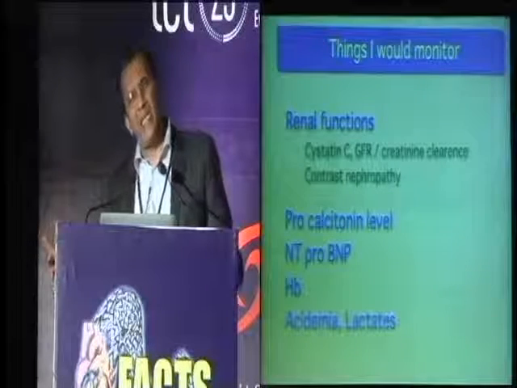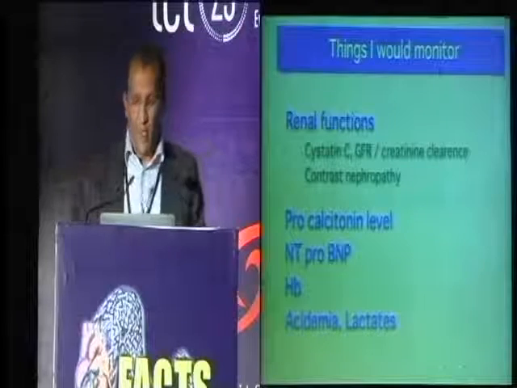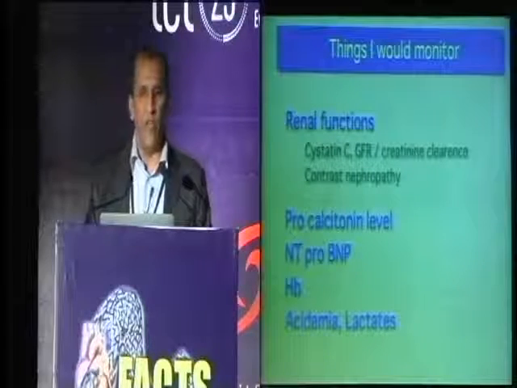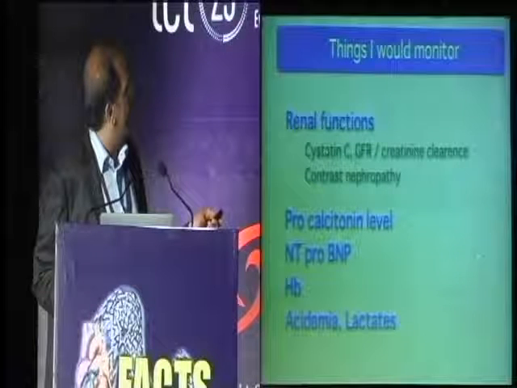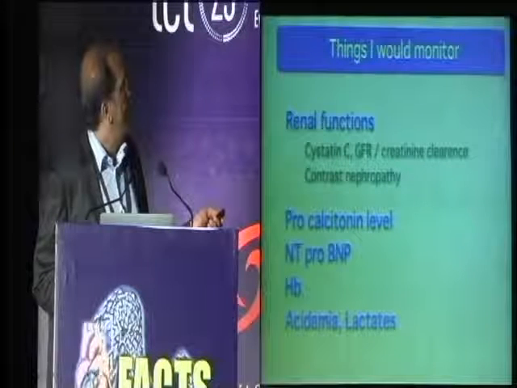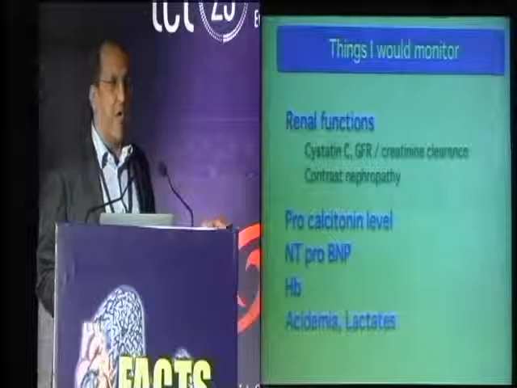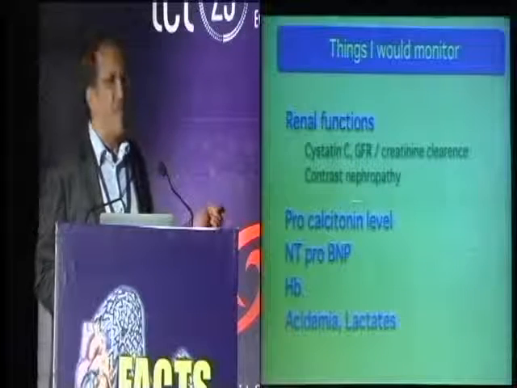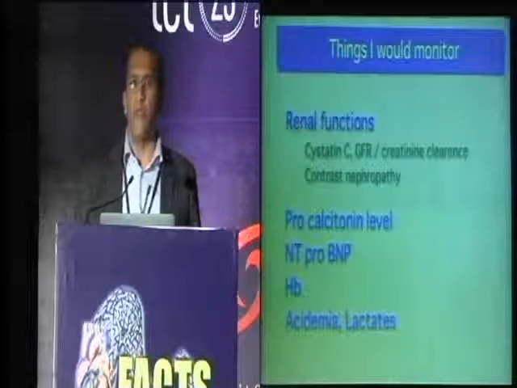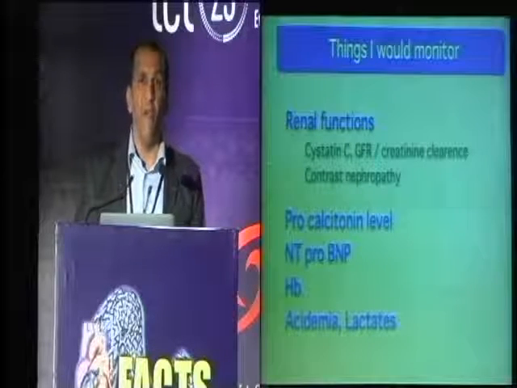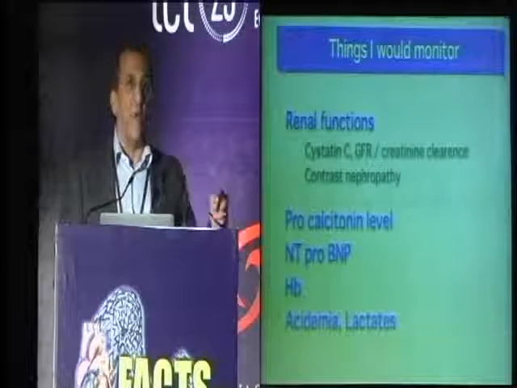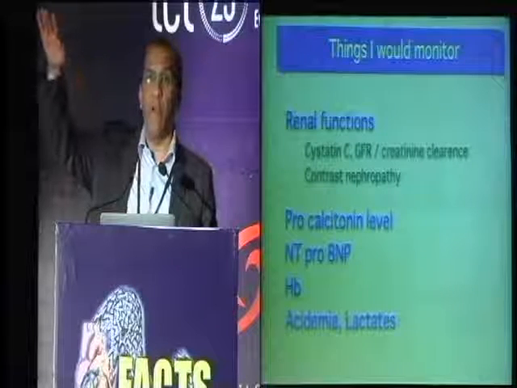What are the parallel things that I look for? The parallel things that I look for are renal functions. We look at cystatin C results in most of our patients. In all our patients we get a cystatin C level. We do GFRs and creatinine clearances in all these patients at some stage. Contrast nephropathy is a feature in most of these patients, so typically the creatinine levels will rise on day 4 and 5. What is important is that as long as the creatinine levels are still rising, don't be in a